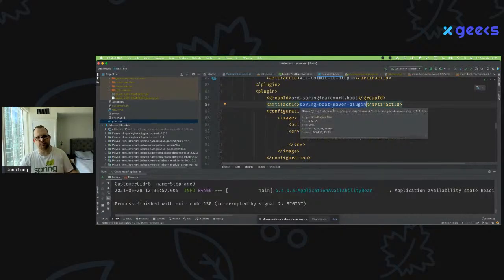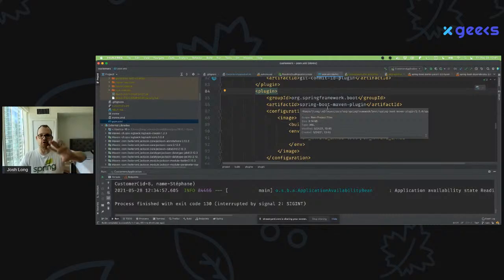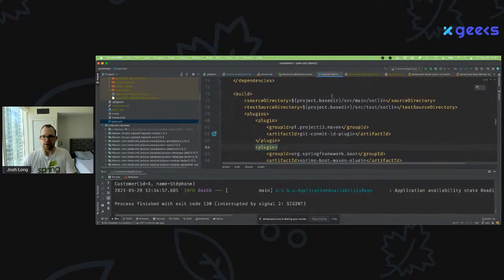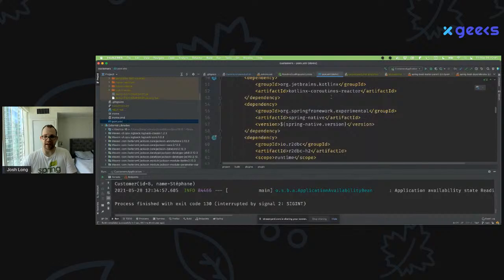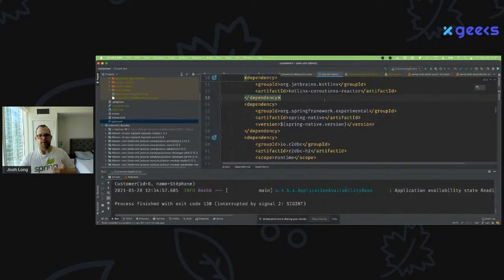So you have to provide configuration to tell it, hey, I'm using this class. Please don't throw it away, right? Even though you don't see it being used by the compiler at compile time, at runtime, I'll be using this. And so we built a project called Spring Native. Spring Native is experimental, but it provides configuration for GraalVM so that it knows about all the things that Spring applications might do, because Spring pulls together this whole ecosystem.